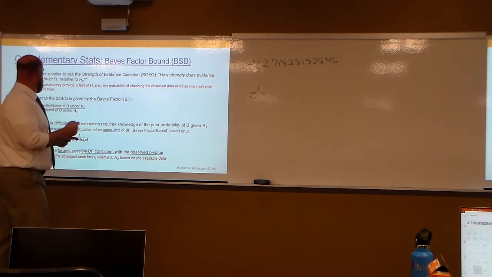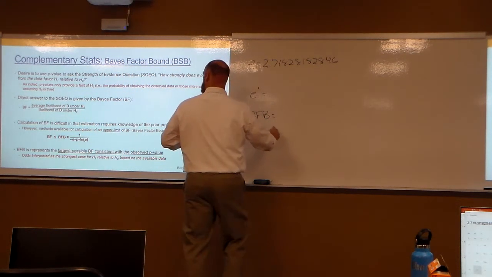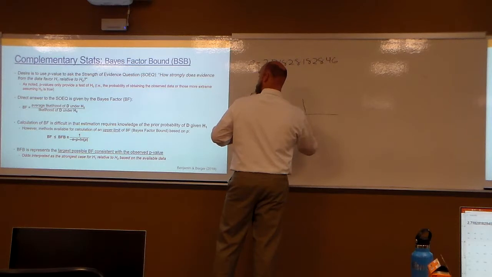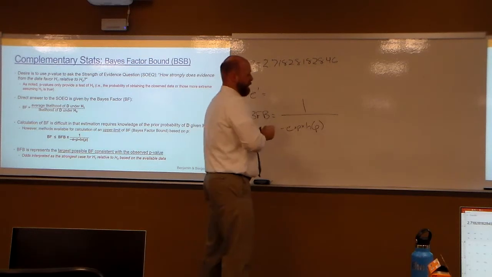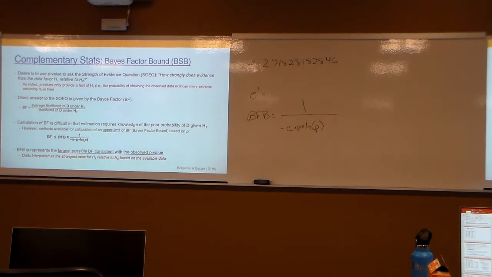So what we're doing here with your Bayes factor bound is going to be 1 over negative e times p times natural log of p. Okay. So if we're going through and calculating the Bayes factor bound for our different values here, we've expanded this table. We've got our p, we've got our s values, and this is the Bayes factor bound. And remember, our Bayes factor bound is the odds of the strongest case for our alternative